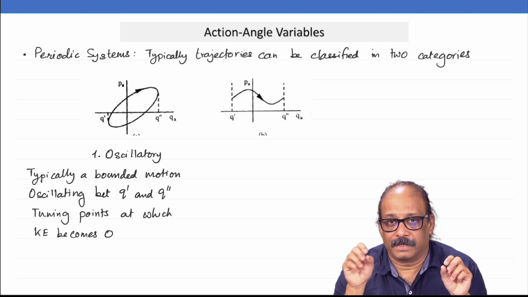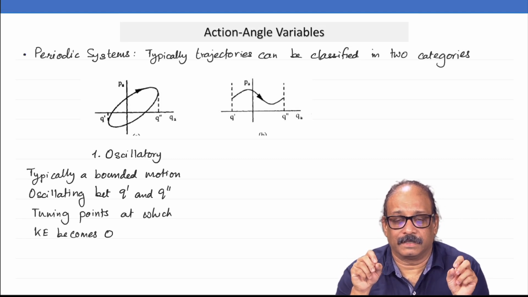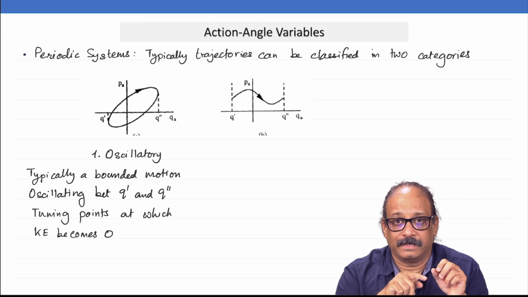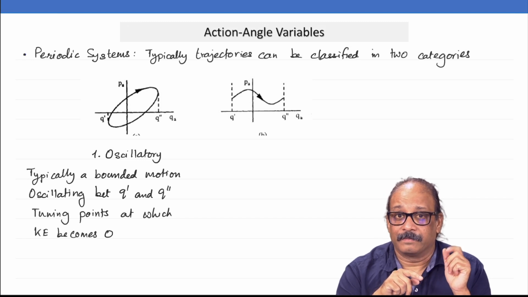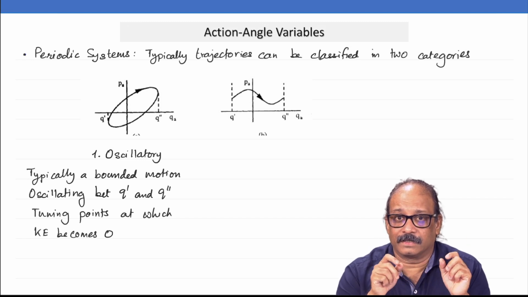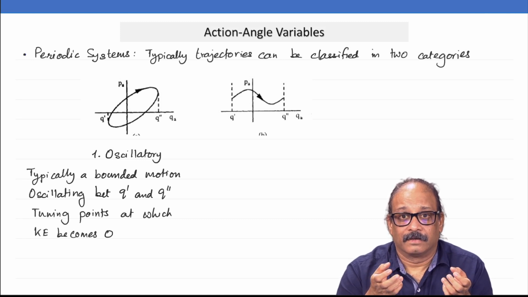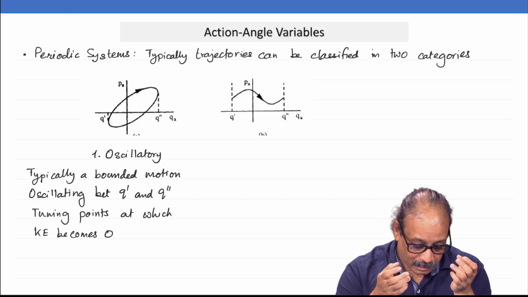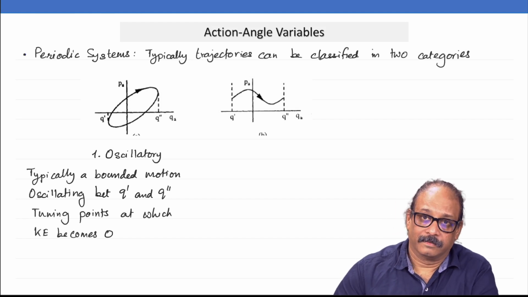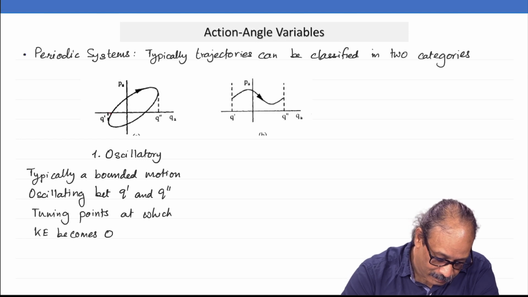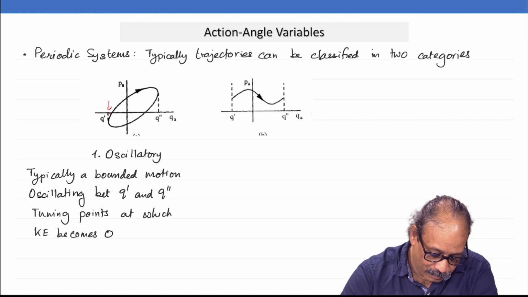One at plus amplitude and one at minus amplitude, and there is a turning at these two points, and the system keeps doing oscillatory motion between the two. And remember, in the examples of phase space, we already had looked at the harmonic oscillator. What kind of trajectories do we get? We get those ellipses. In general, in a motion of that kind, you have two turning points. Here I have marked them as q prime and q double prime.